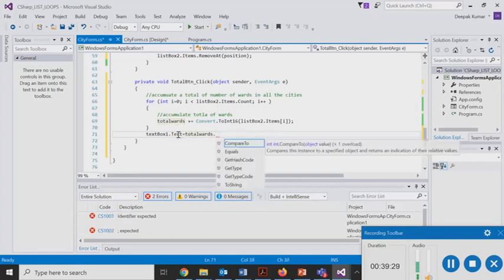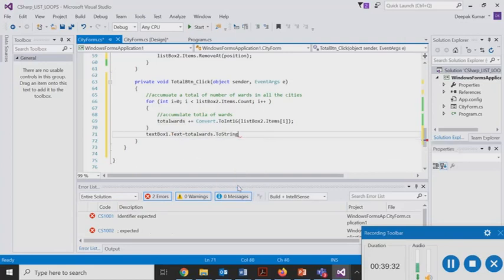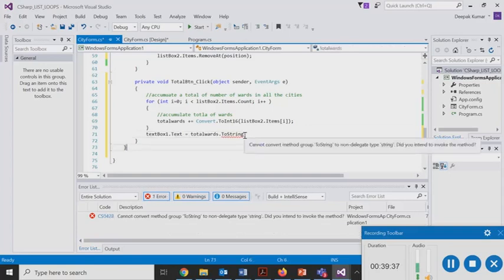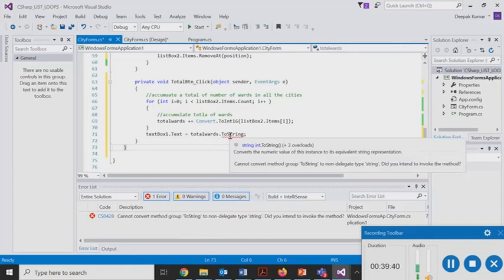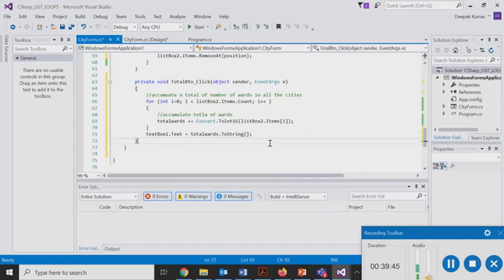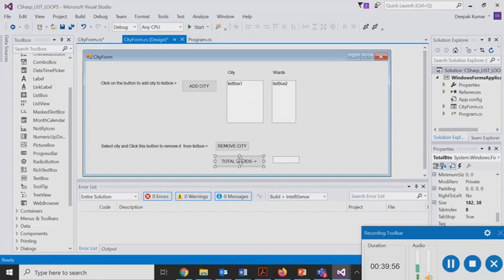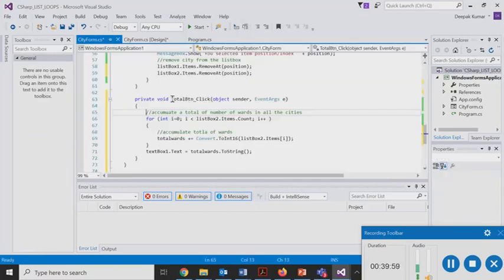So we have to convert that into string. So we converted the value into string type, total wards ToString, and textbox1.text will be displaying it. On the click of this total wards button, we'll be executing this event procedure total button underscore click, and this will be running a for loop to accumulate the total number of wards in all the cities.